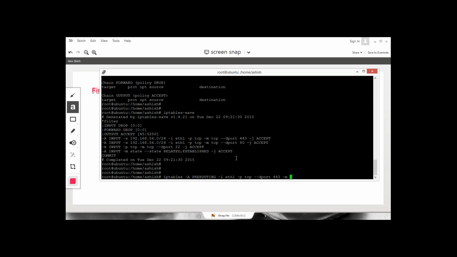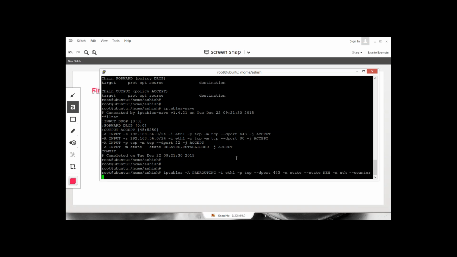Again, that's the long command, -m state, where state is NEW, and the mode is nth counter. So for every counter starting with 0, for every triplet of 3 packets, send packet 0 to